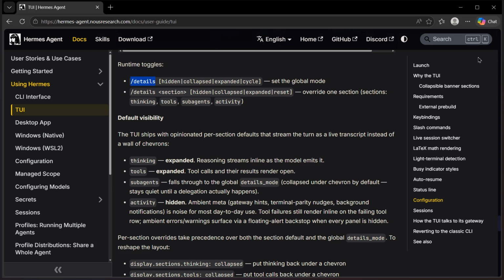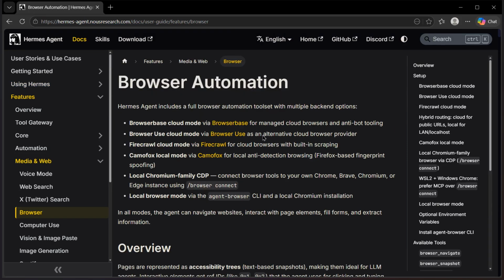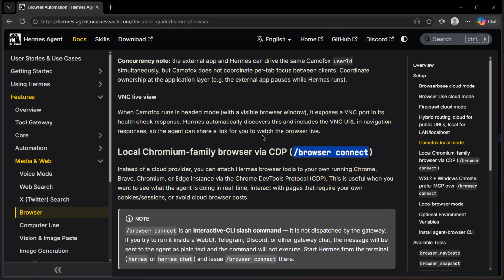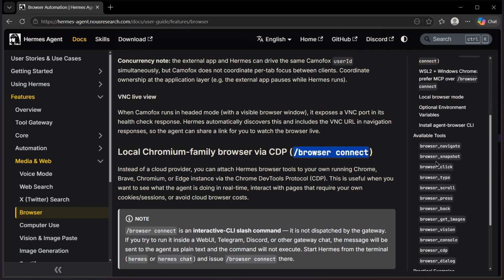Next is browser connection. The Hermes browser automation docs explain that Hermes can connect to a local Chromium family browser through the Chrome DevTools protocol. Depending on your setup, that can mean Chrome, Brave, Chromium, or Edge. This is powerful because the browser can be real. It can be a page you are already using, a local app running on localhost, or a site where your session already exists. Instead of treating browser automation as a hidden environment, Hermes can work with a visible browser when